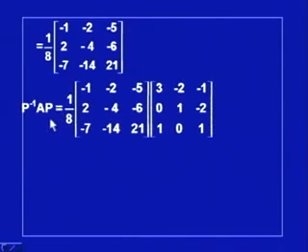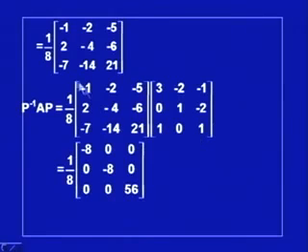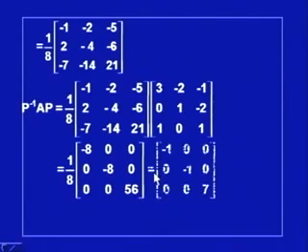After computing P inverse A, we can multiply it by P to get P inverse AP, and this calculation can be done here. If you multiply this row by this column, we will get minus 8, but when you multiply this row by this, it is 0, this multiplied by this is again 0. This way you can calculate individual elements of this matrix, and this comes out to be this, and you can simplify it as minus 1, minus 1, 7 in the